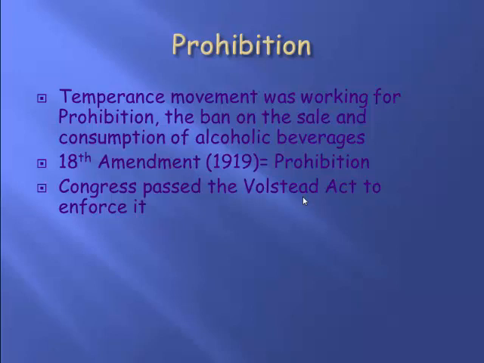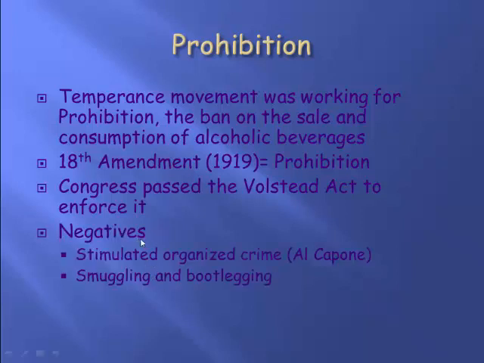Now, you and I both know what happened during the 1920s. People wanted to drink, so what's the negative? People were drinking. People would smuggle in alcohol from Canada, or they would just brew it in their bathtubs, like a home brew. The bootleggers would be the people who distributed the booze illegally, because the law says that having alcohol is totally illegal. And then organized crime develops, and guys like Al Capone, who ran Chicago, who ran all of these little illegal bars. And it just showed us that so many people wanted to drink that the government really couldn't stop it.